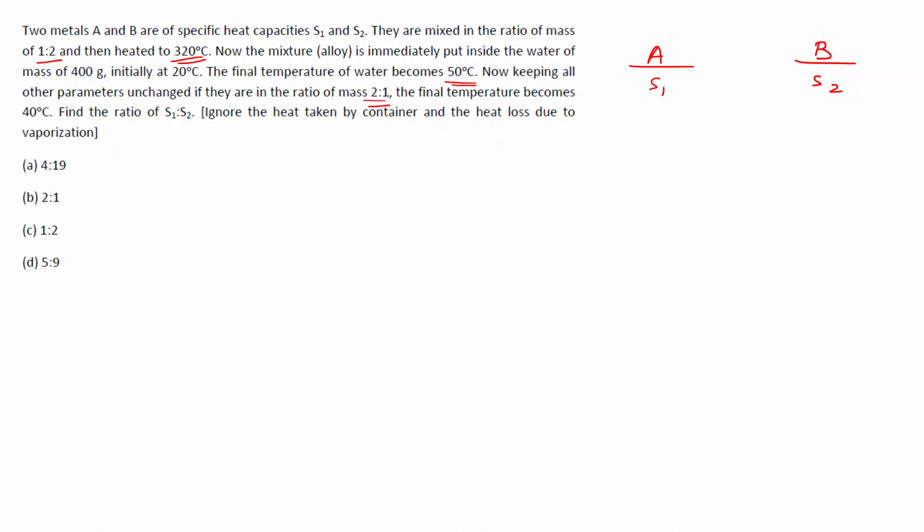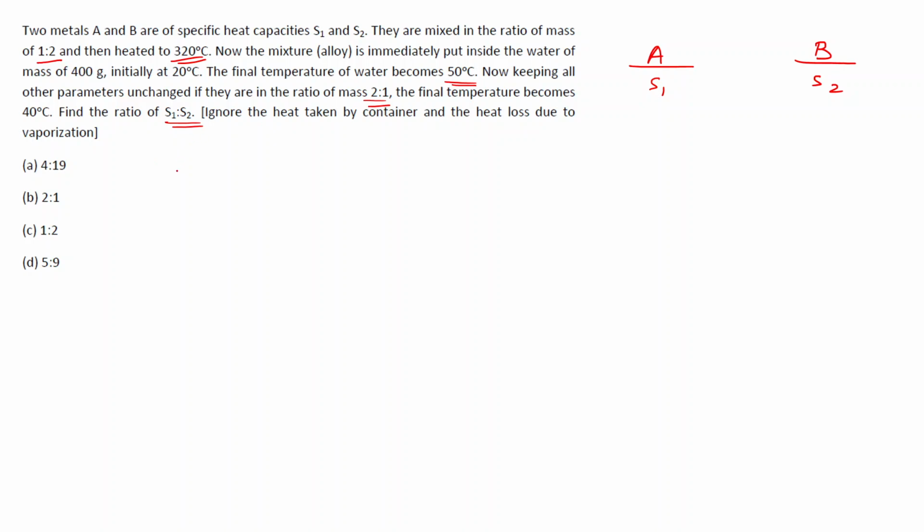Now we are talking about another case where the mixing ratio is 2:1 of their masses. Then the final temperature becomes 40 degrees centigrade. Find the ratio of S1:S2. Okay, since we can understand it's a question of specific heat capacity, and we know from the law